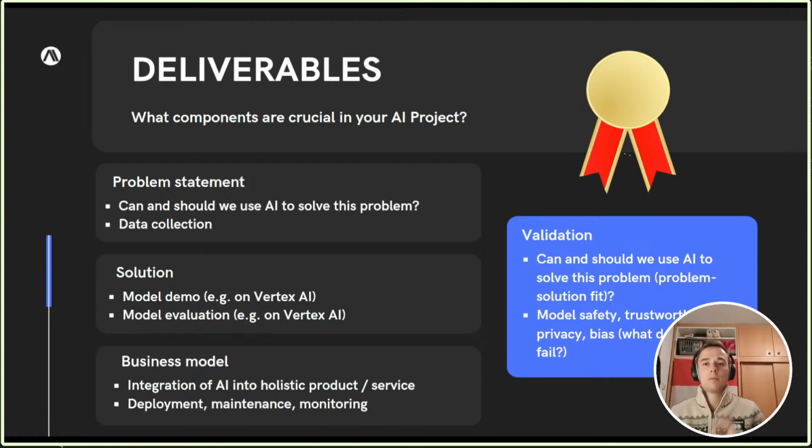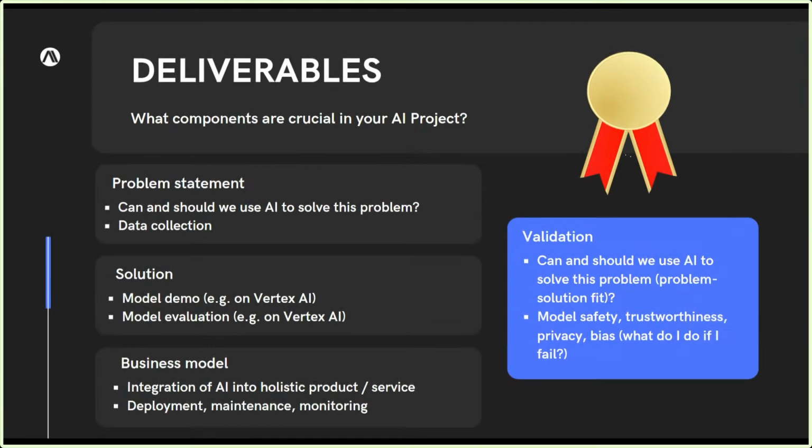First of all, the problem statement. This would be specifically oriented towards: is this problem solvable with AI, and why do you solve it with AI? Why do we use AI here? Of course, the data collection will also be part of that. Then concerning